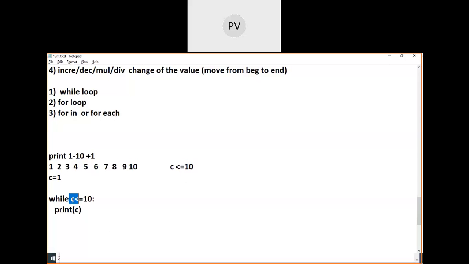So this is the test I put in the beginning, and it will check it. Now the current value of C is what? 1. Is 1 less than or equal to 10? Yes. Then it gets printed. But after printing, should I use the same value of C, or should I go to the next value and change the C value? So I should do